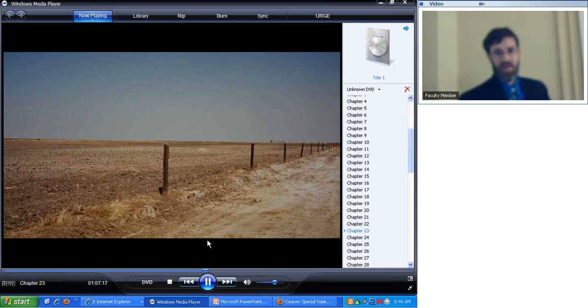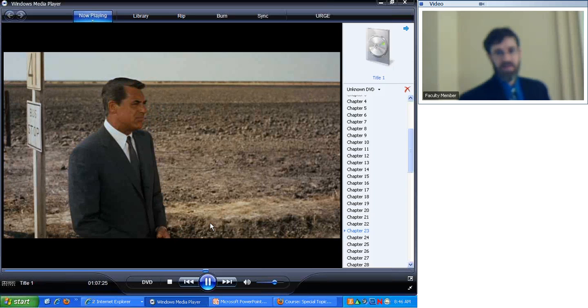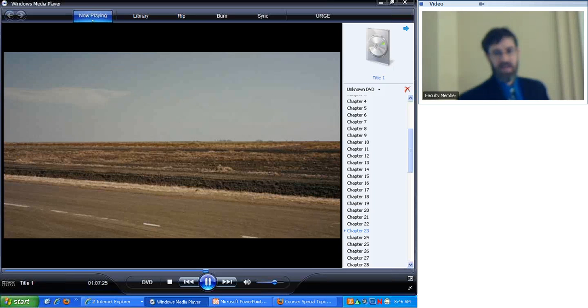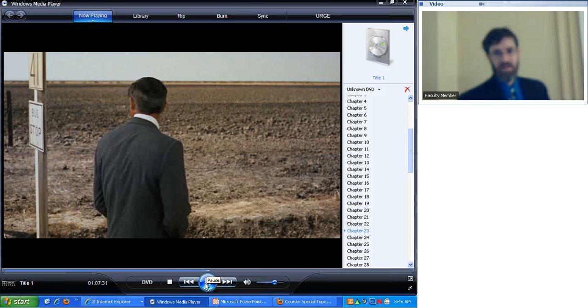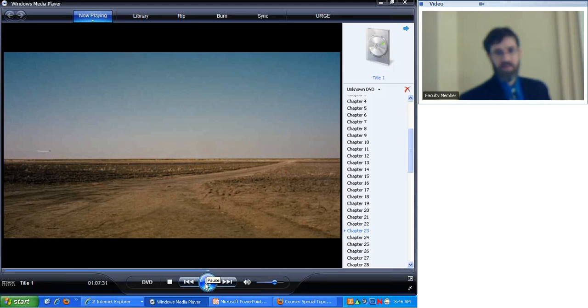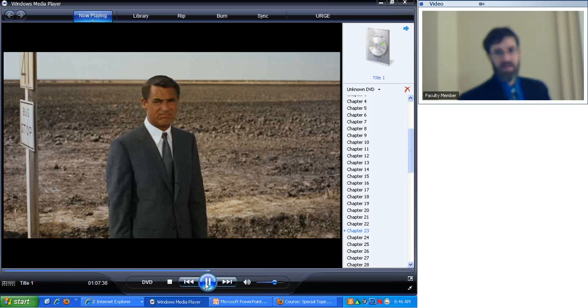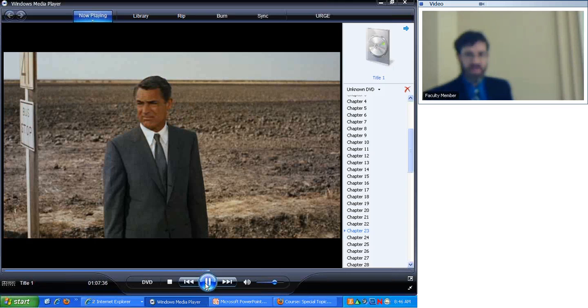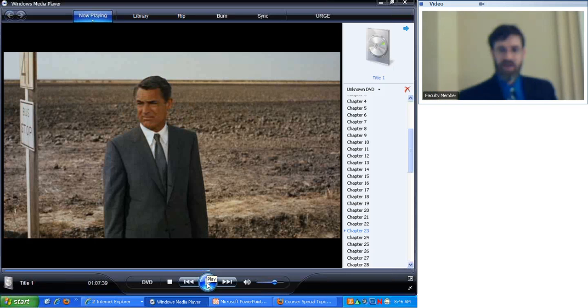He looks. Now we have another point of view shot. He looks again. We have another point of view shot. He looks again. We have another point of view shot. There's the plane. Okay. Things to notice for future directors, if anybody wants to direct: notice that he turns his head, and then we have the point of view shot. And he turns his head, and then we have the point of view shot.